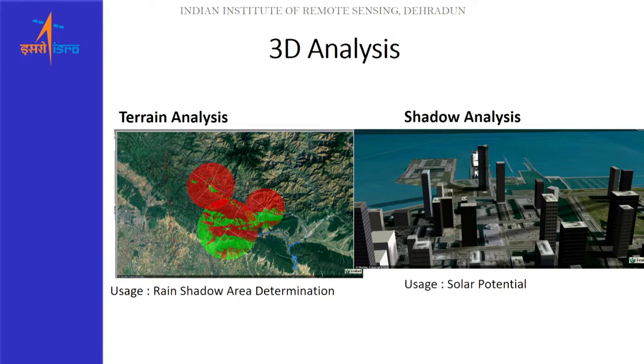Then there are also a few applications nowadays which are coming up to find out the total solar potential. These are basically analyses which are carried out based on sun movement. So in this case, what happens is you create 3D models of a particular area, and then you let the